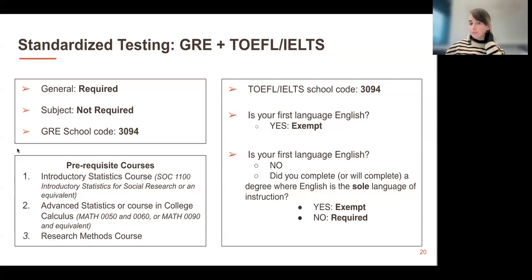And then also, based on your submission in the application, it'll automatically tell you if you need to submit the TOEFL or the IELTS. Typically, this is how it goes. You are going to be answering what your native language is, and then you're going to be submitting the language of instruction for the degree that you received as an undergraduate. If you received your degree in America, but you're an international student, then you're automatically waived because you received your degree in a country that spoke English. So that is an automatic waiver.